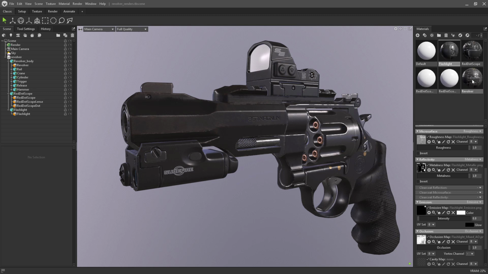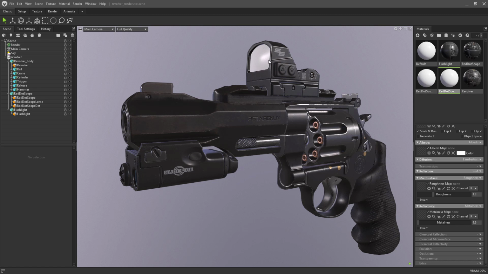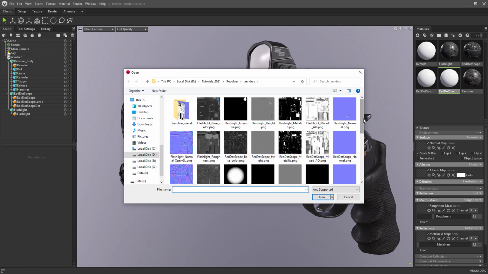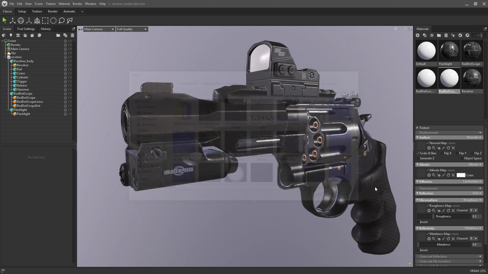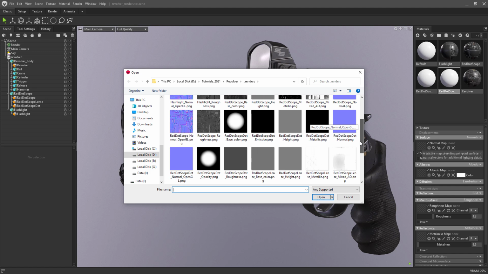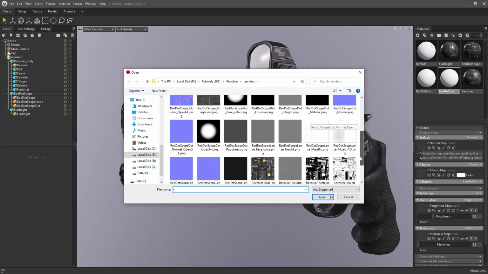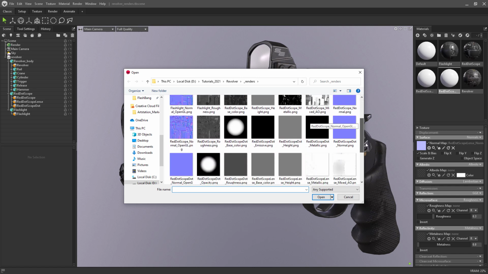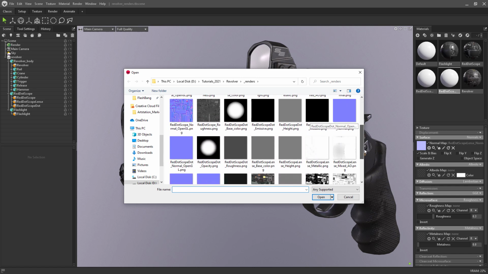So now we have the main components, but let's carry on with our lens. It's a bit hard to read. Actually, I have to try out if this is the right slot for it. You know what? We don't even really need a normal map for it because there's no information on it. But since we exported it, let's just apply it anyway. So where is the lens? It's over here. And yeah, I already see it's the right one. Red dot scope, lens,